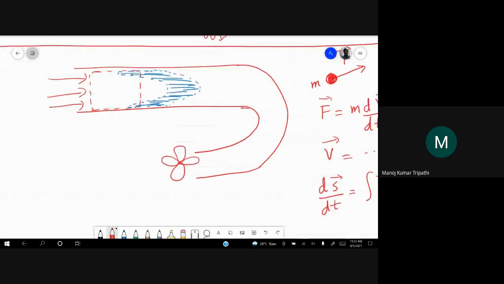Now, if I tell you to apply this force equal to mass times acceleration for this patch of fluid, for this volume, for this fixed mass, which is moving in time and space, it will be very difficult to track this mass. In solids, it is very easy. For particles, you can track a ball. The particles are not deforming with respect to each other. But here in case of fluids, it is very difficult to track the mass of fluid. If you had to track this mass of fluid, what you will have to do is calculate the force on this boundary.